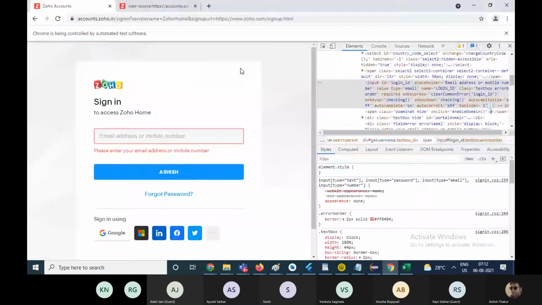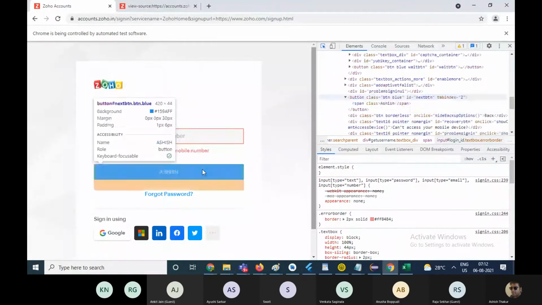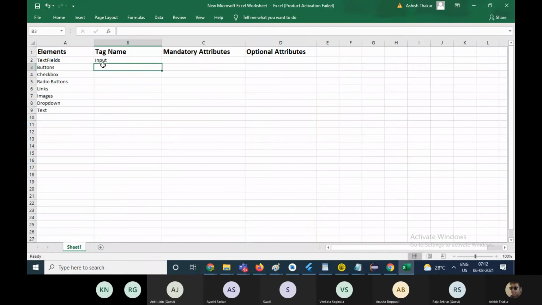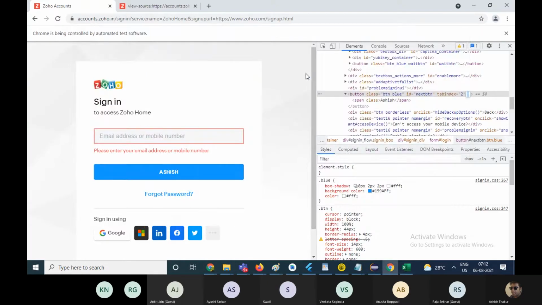In case of buttons, like you have this button, the tag name is button. Or sometimes the tag name is also input. And in case of checkboxes, there's no checkbox here.